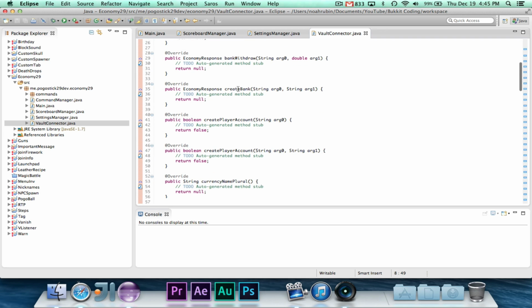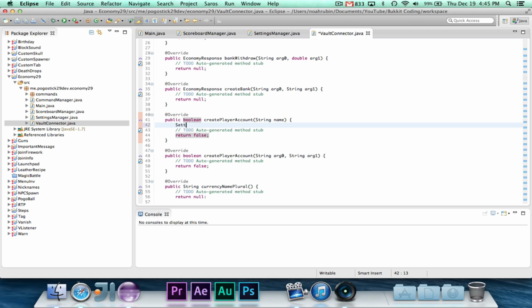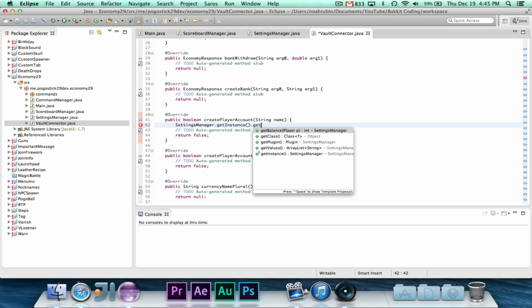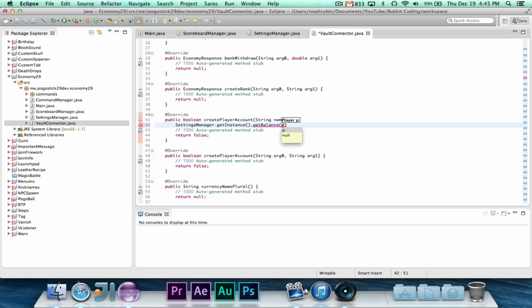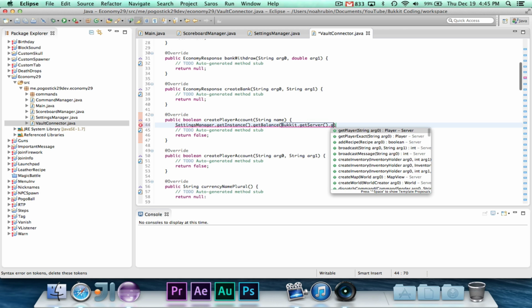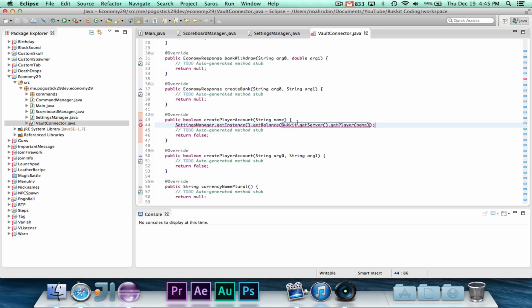There will be a method later on that we'll use. So we have our createPlayerAccount, and so we can go ahead and say createPlayerAccount String name, and the name is the name of the player. So we can go ahead and say SettingsManager.getInstance().getBalance(Bukkit.getServer().getPlayer(name)).